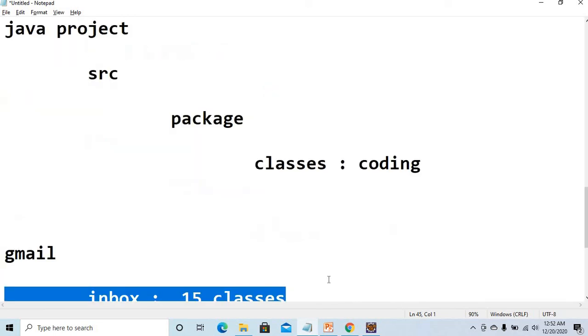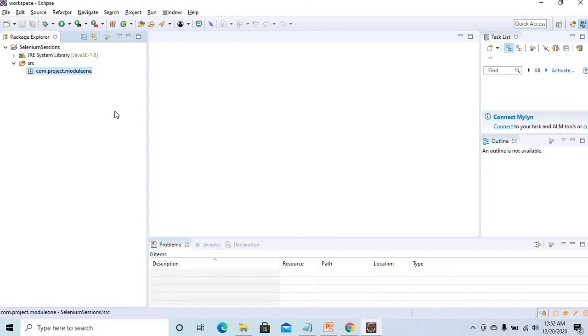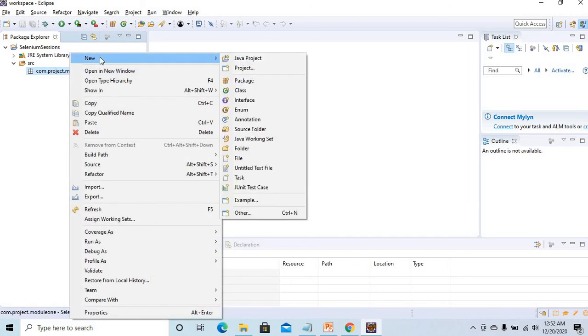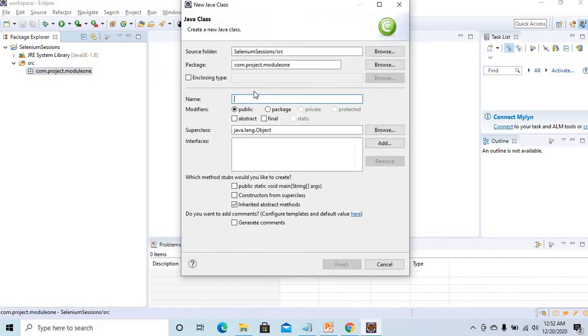So now let's come to here. I just created one package. Now inside a package I need to create one class. So choose your package, right click, go for new and go for class. Now give the class name. Class name always starts with a capital letter. Now I am giving, let's say, config test, something like this. This is our first class, or simply go for session 1, something like this. And I'm going to select public static void main.